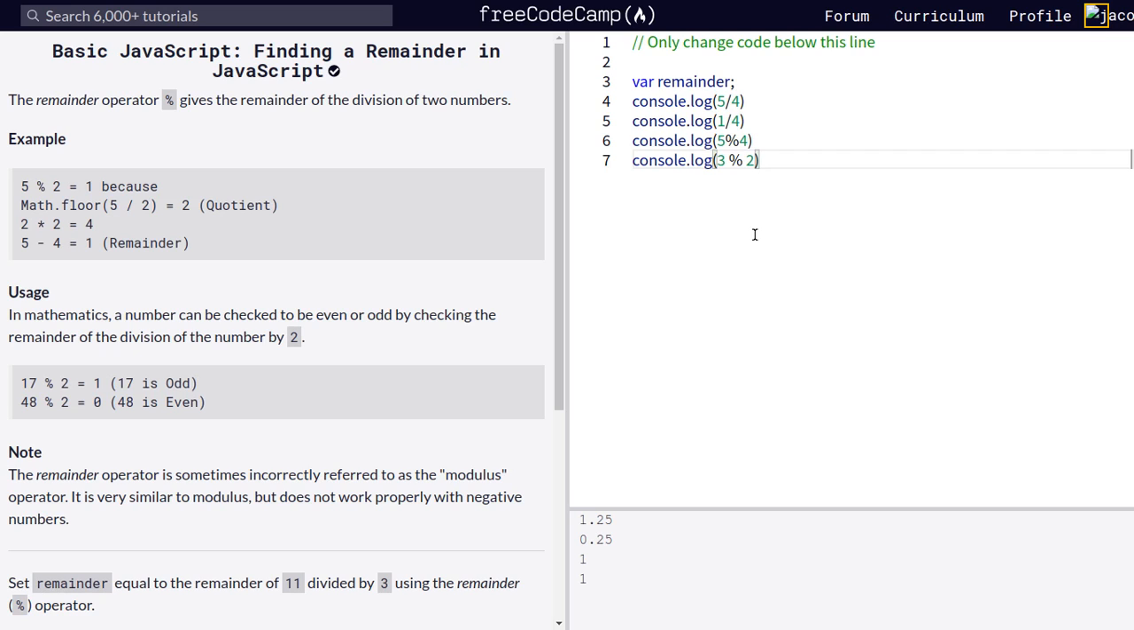And then we can check whether this is even or odd. If the remainder is 0, then it's an even number, but here it's not 0, so it's an odd number. And then the answer of this question is that